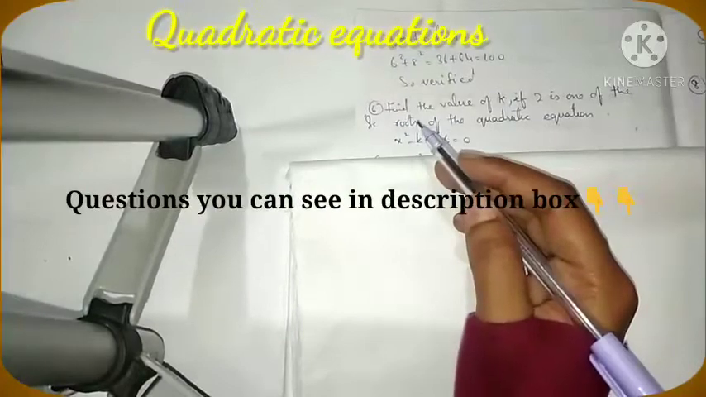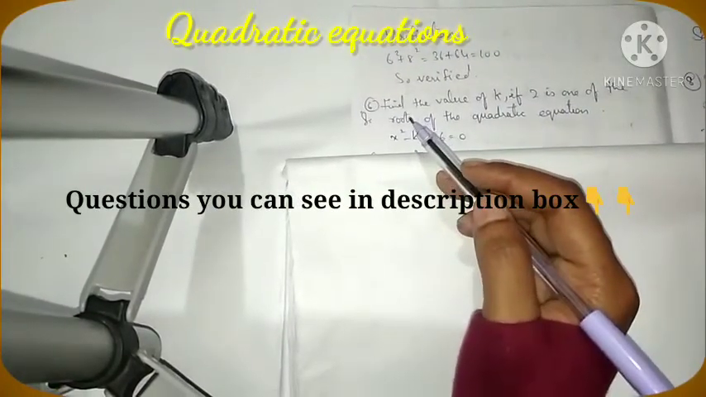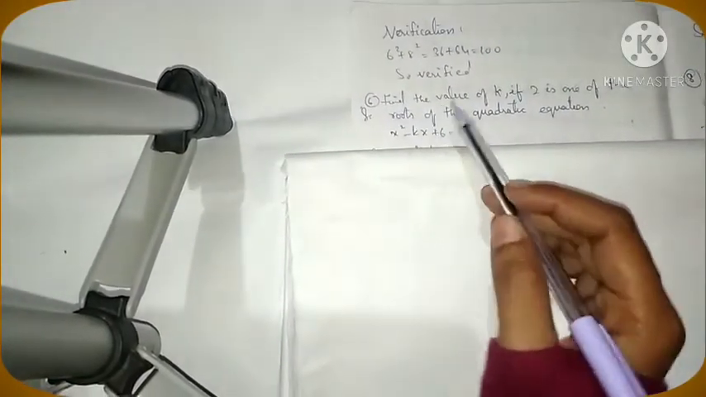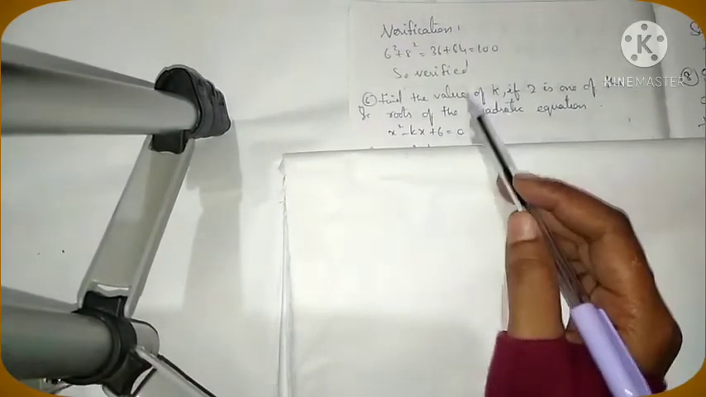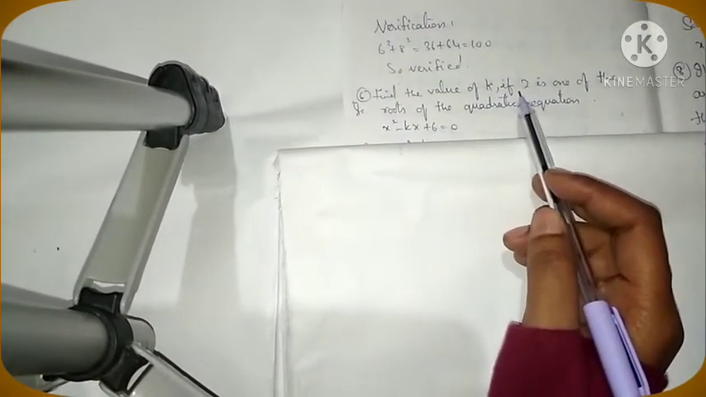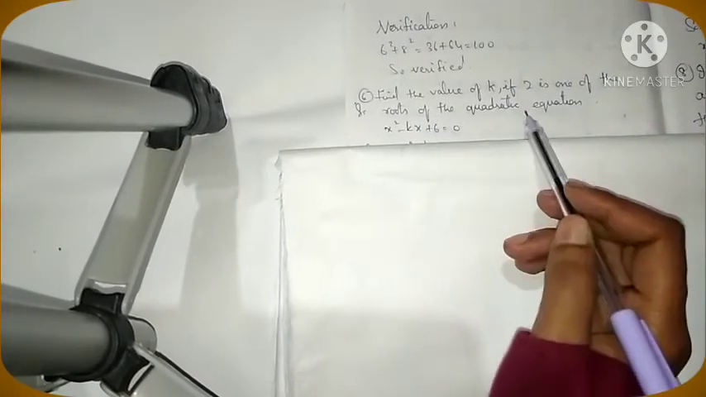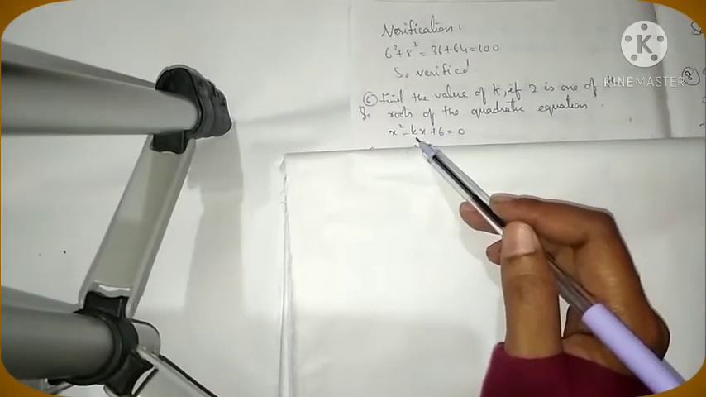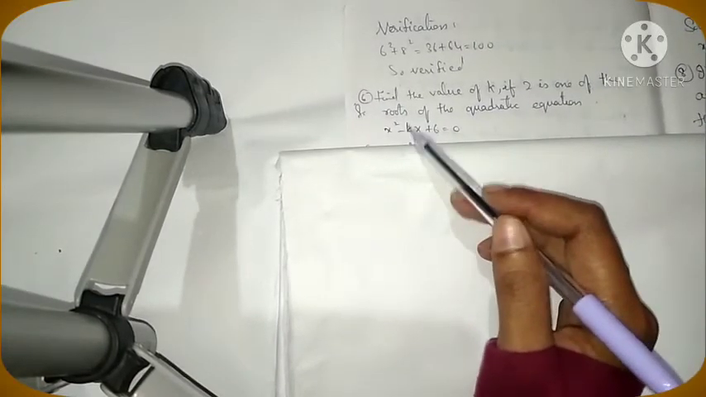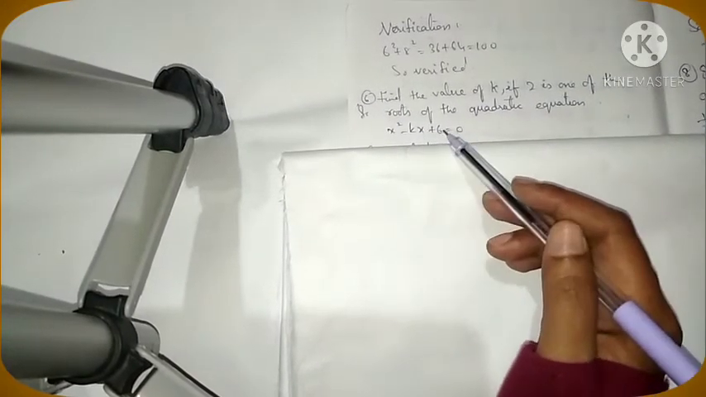So here our today's question is from quadratic equation continuation, sixth question. Find the value of k. Here we have to find the value of k if 2 is one of the roots. So 2 is one of the roots of this quadratic equation. That is nothing but we can substitute 2 at the place of x so that we can get the value